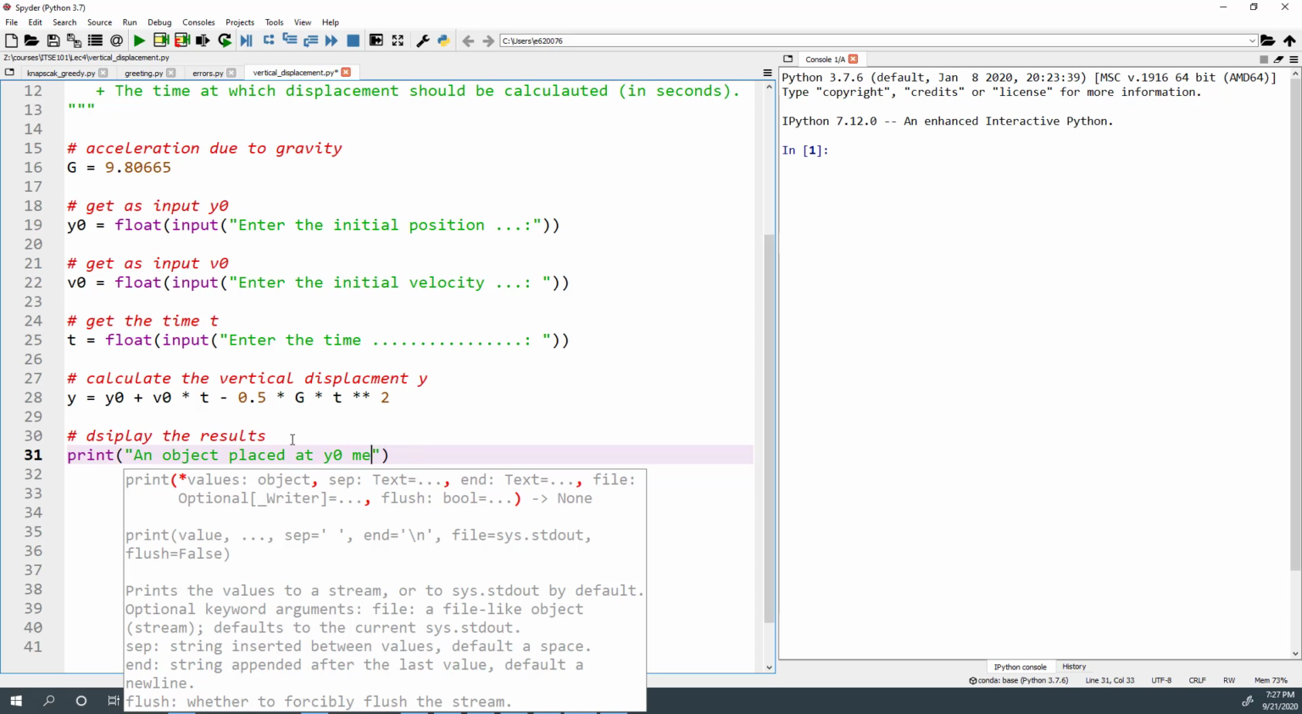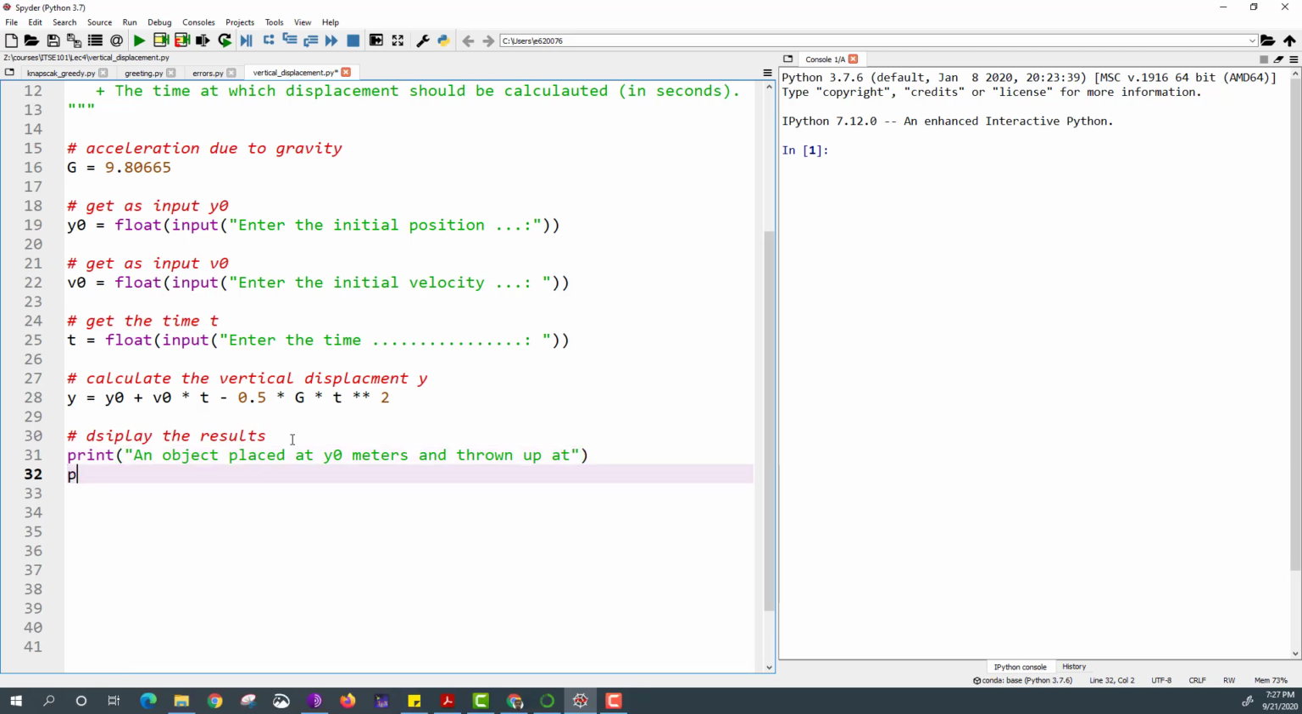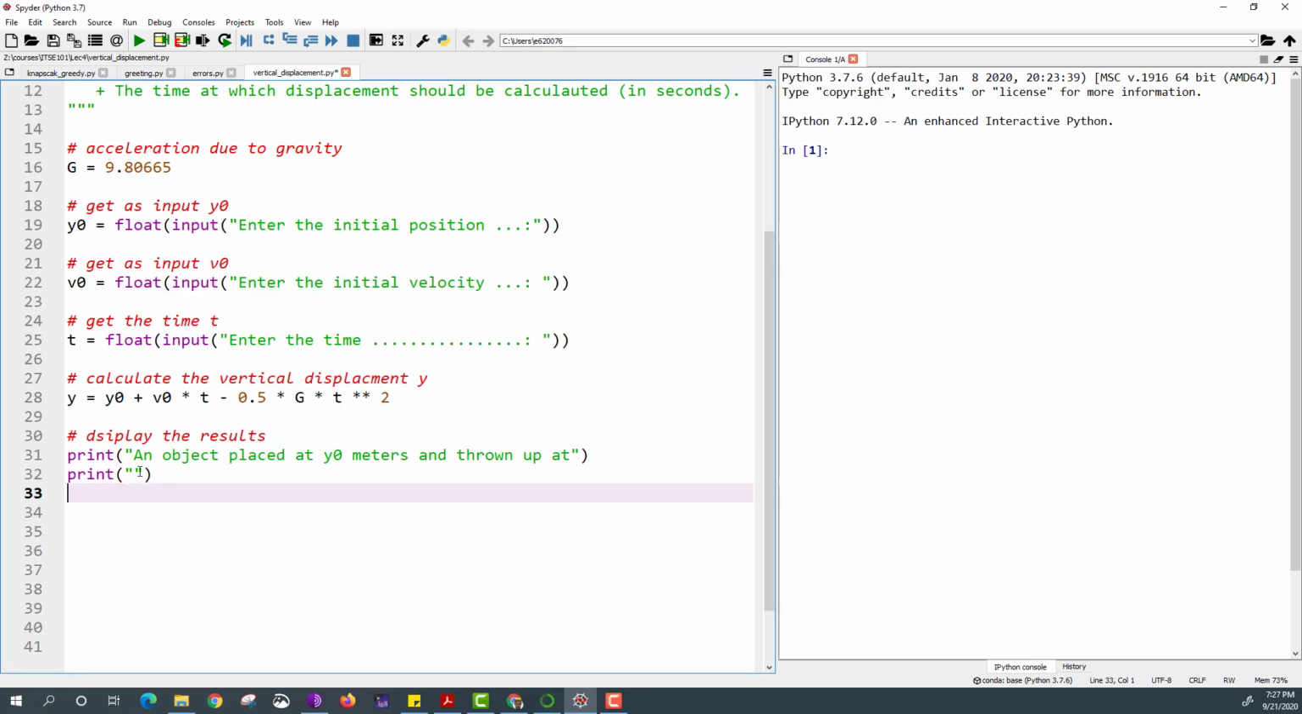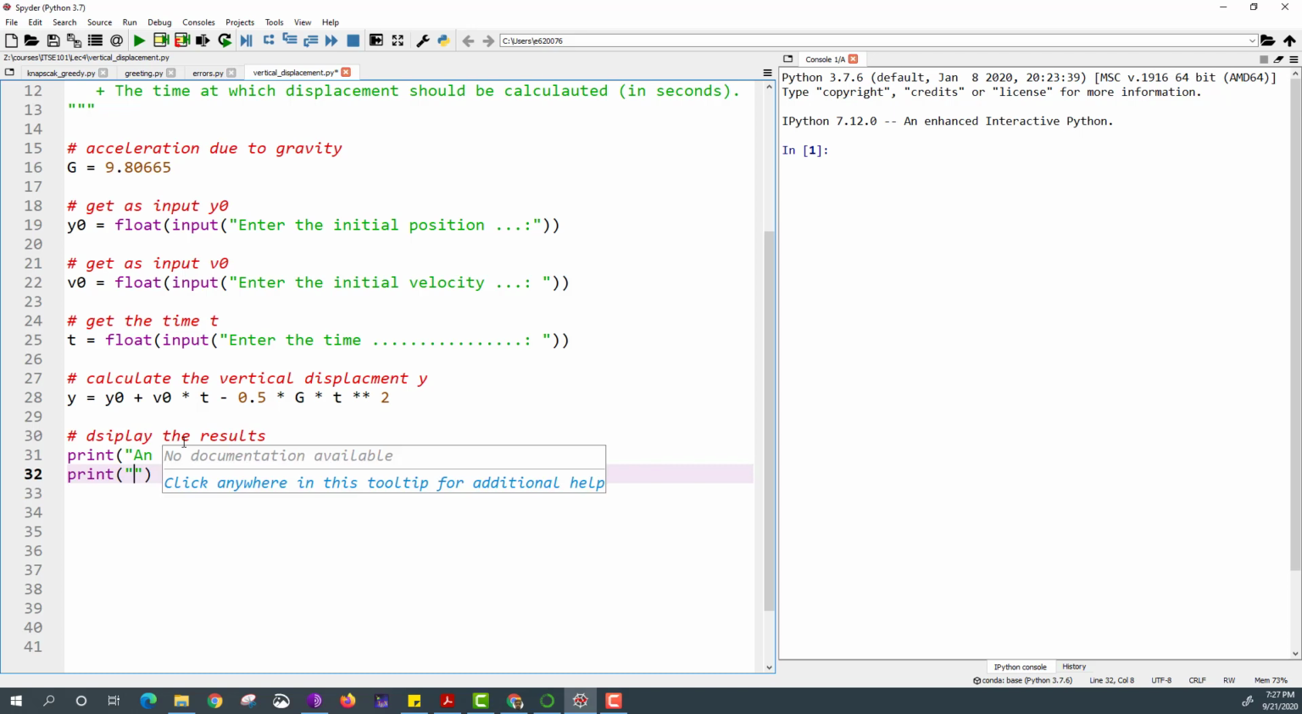So I'm making an assumption that all my units are basically in ISO units, or international standard units. So I'm using meters for height, and thrown up. So that's thrown up at, and let's print a second line. I don't want my output to be very long in one single line, so I'll break it out in multiple lines. So this is an object that's placed at y0 meters and thrown up at velocity